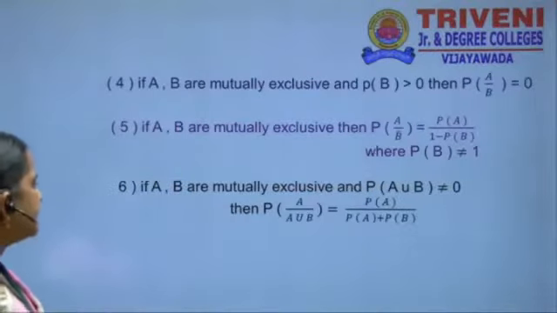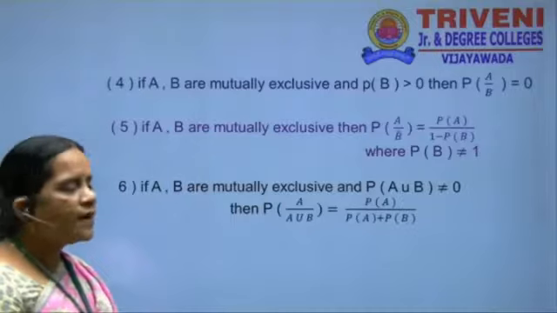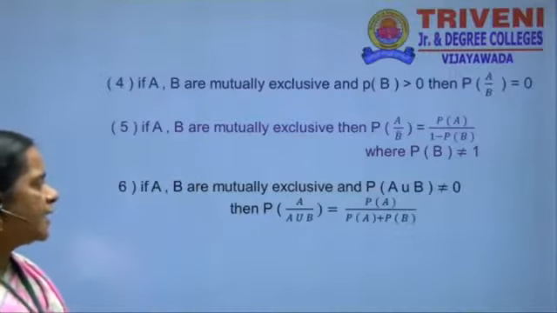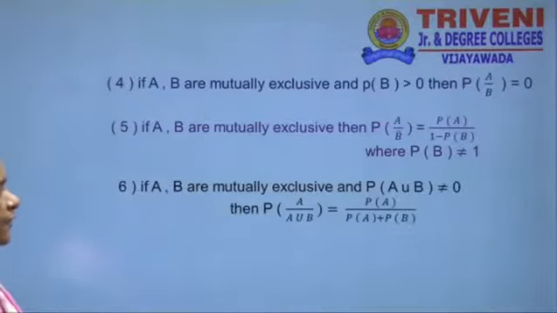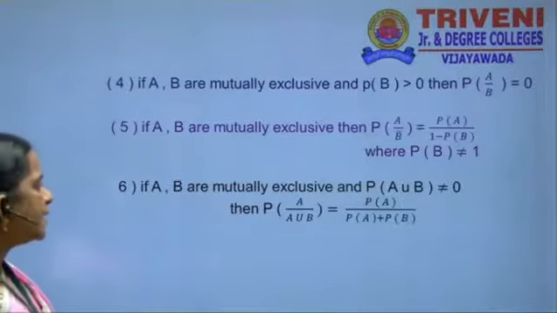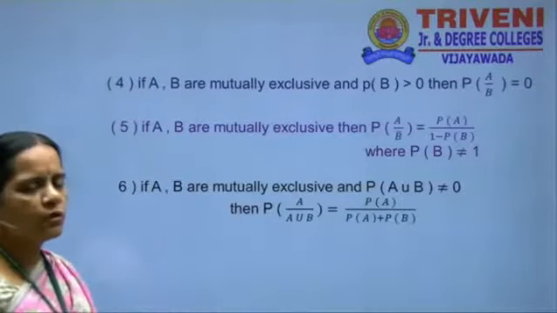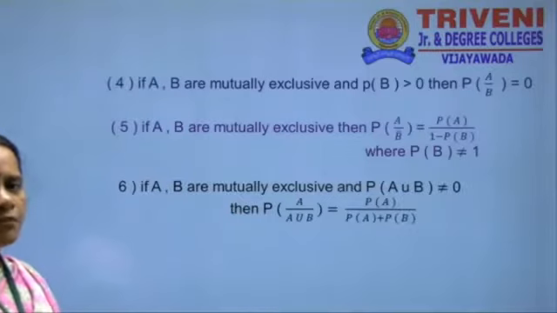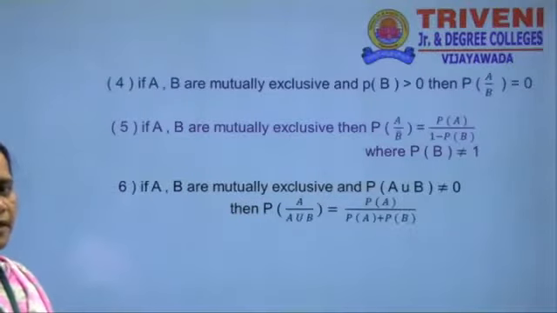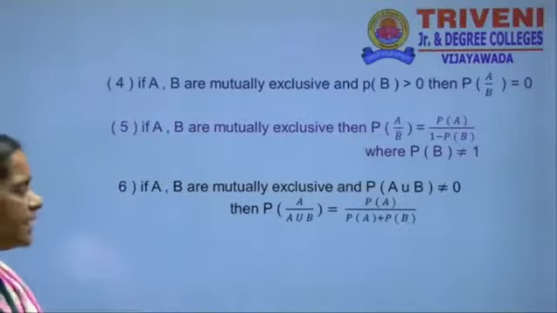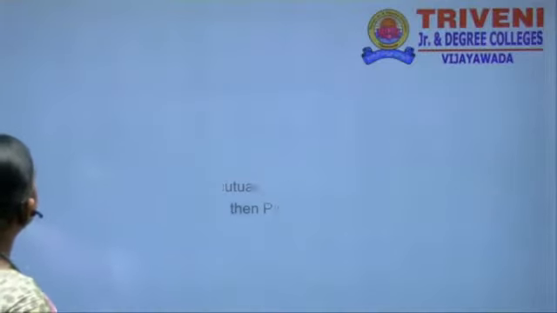The sixth bit is: A, B are mutually exclusive and P of A union B is not equal to 0. Then P of A by A union B is equal to P of A by P of A plus P of B. That's why I am proving it like this here. The first case is P of